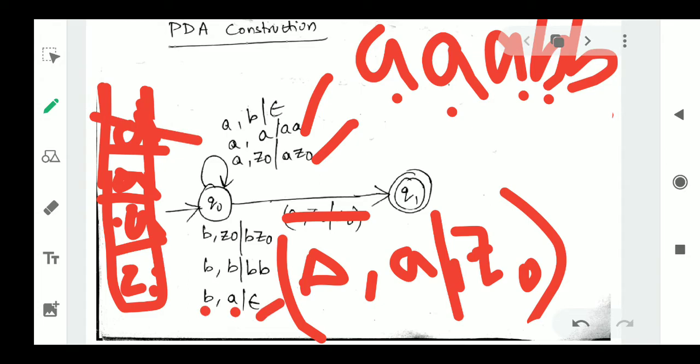So I delete one A from the stack. When I read one more B, on top of the stack is A. What will I do again? I'll perform the pop operation. So the stack is remaining with A Z0. And what is the string I'm going to read here? Delta, right? The string is over. When I read delta, on top of the stack is A. I am not performing any operation. With the input symbol Z0, I am just going to the state Q1.